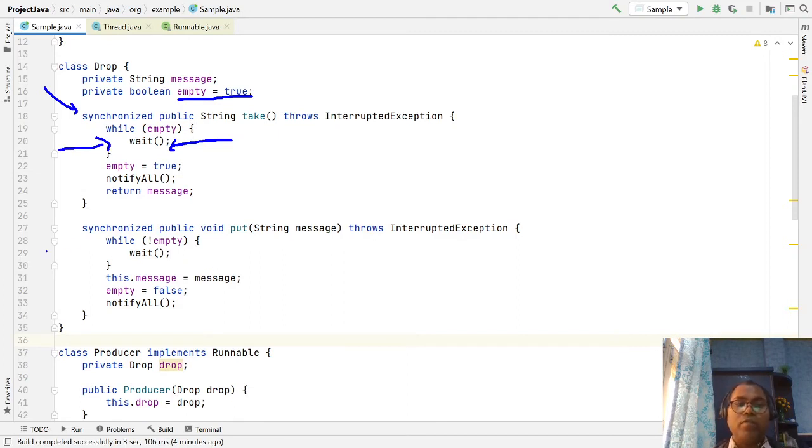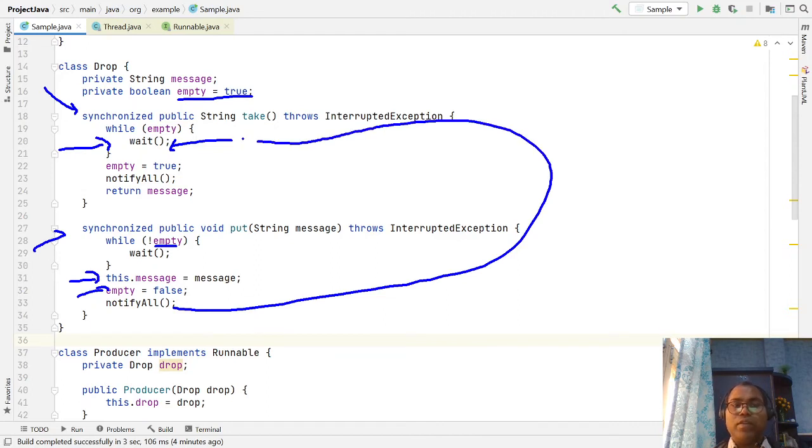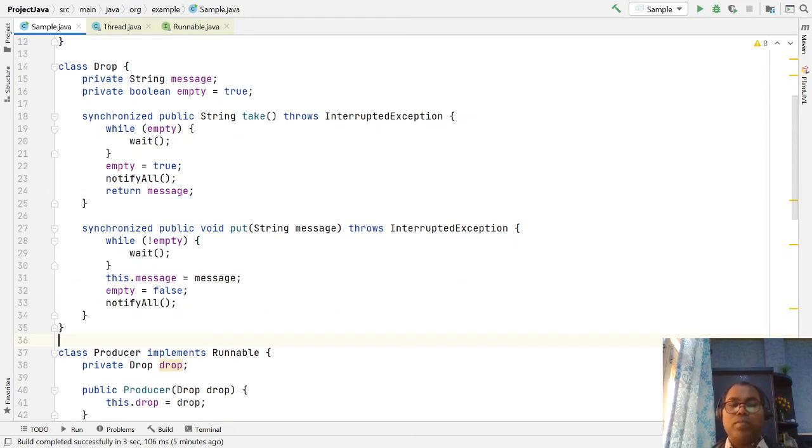So now the producer gets a chance and sees empty is initially true, it's not true, then it's false, so it is going to produce the message and set empty equal to false. Now it is not empty, and whenever you notify, the consumer gets the notification, comes out, sets empty true, takes the message and returns the message. In this way you are able to make synchronization happen.